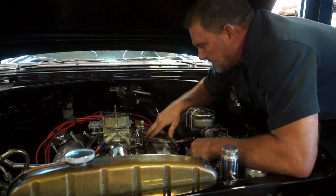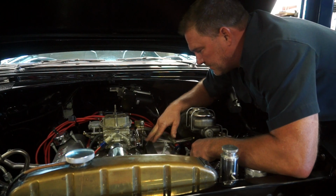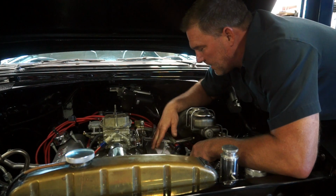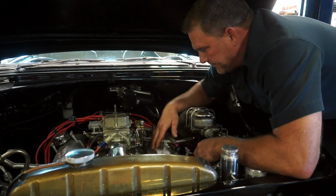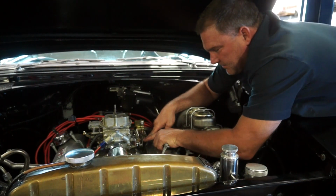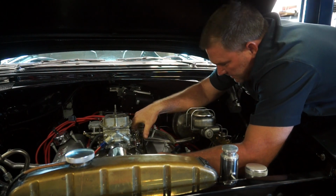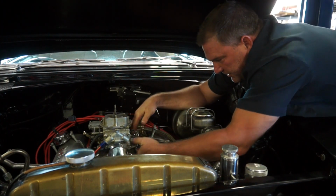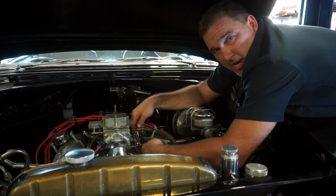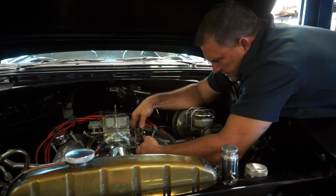So, this is the TV cable that was in here before. I hooked it up with the transmission. This is a standard non-adjustable TV cable. Before, when it came to us, it had zip ties stuck to the end of this to lengthen the line, and the TV cable's buried all the way in. So I'm going to throttle this all the way through. We do have our throttle cable corrector on the carburetor, which it was not on here when we got the car. I'm going to roll this forward,